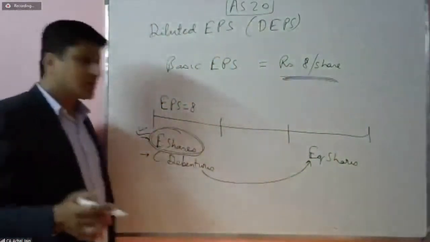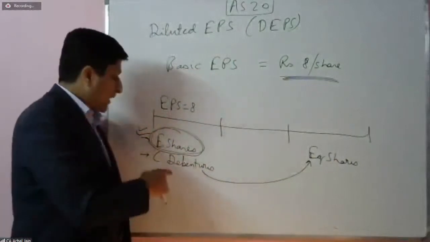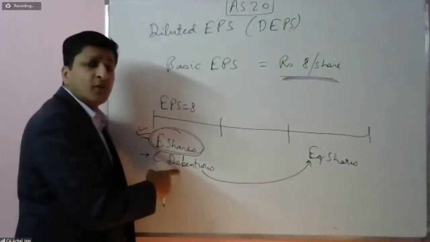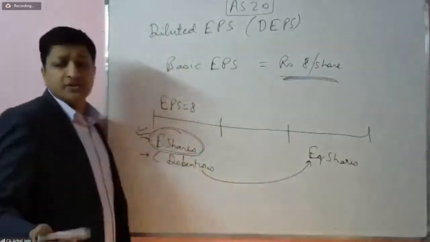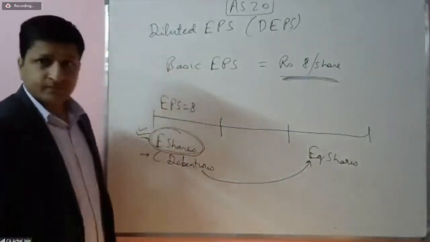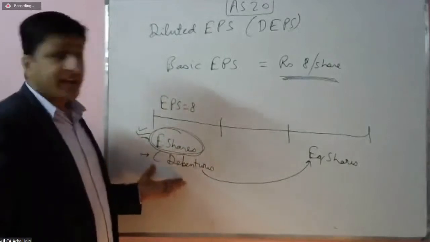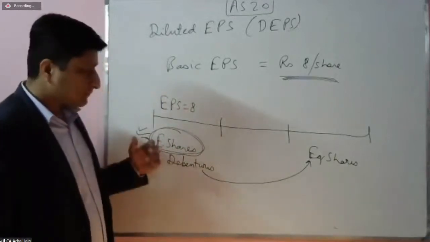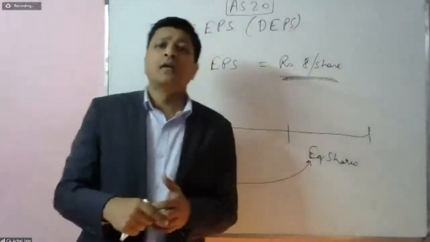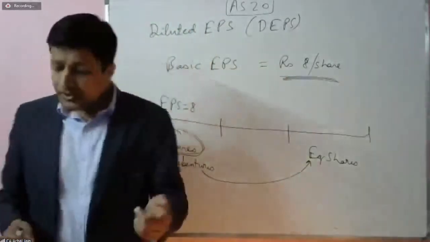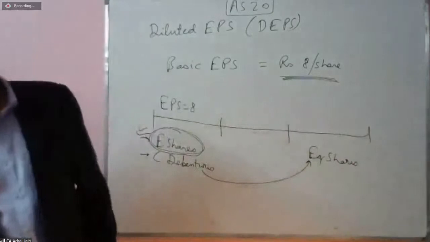Say after 2 years, these debenture holders will also come and get into the shoes of equity shareholders. That's the understanding, because they are convertible. And when they will come and become the equity shareholders of the company,